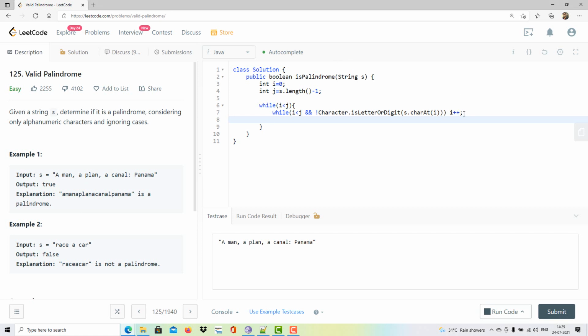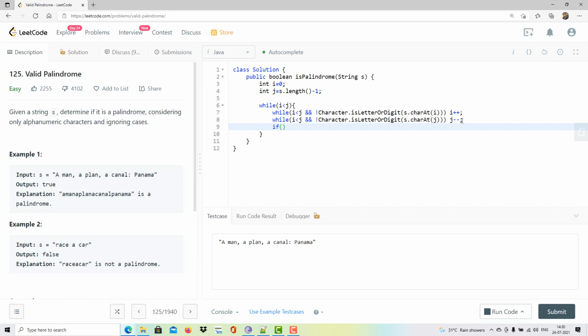Similarly you can do it for j from the right-hand side. If i is less than j and the character at j is not a letter or digit, in that case I will decrement the value of j. And if we reach a letter or digit from the left side and right side, then we will do a comparison.